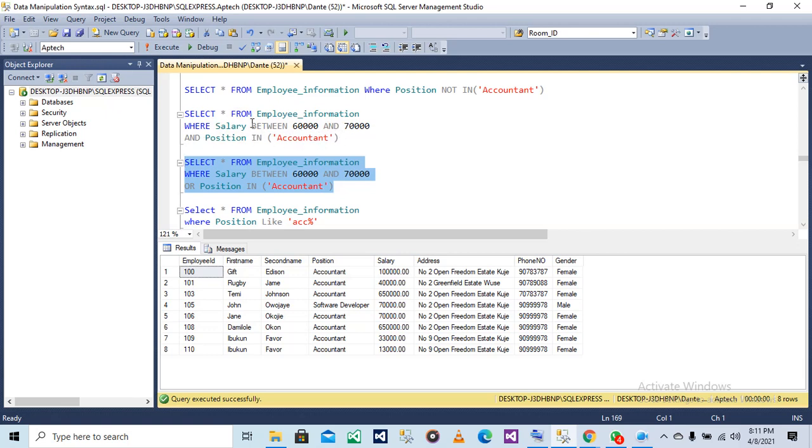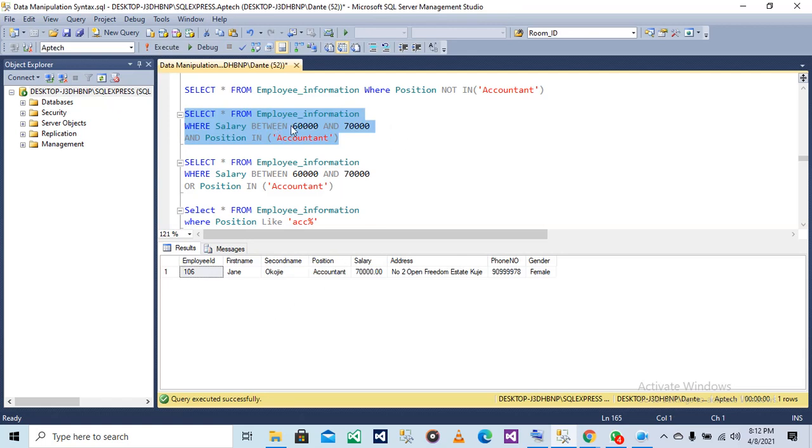So they are not trying to tell you to select from different rows. We are looking for somebody that has a salary between 60,000 and 70,000 and his position is also accountant in the table. Do you understand? So somebody can just come to your desk now and tell you these are his particular details. Let's say his salary range, then his position in the company, and they have a lot of people in the company. So you just give this select statement, select from employee information where salary between this and the position of the person is this. So it will bring out that details.